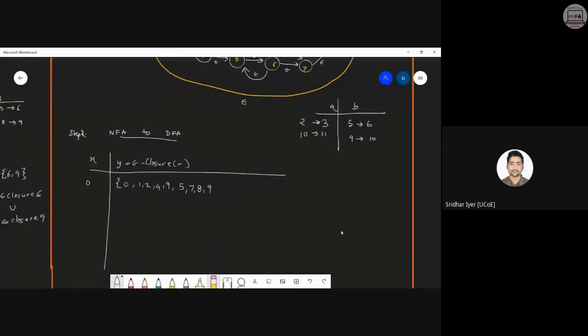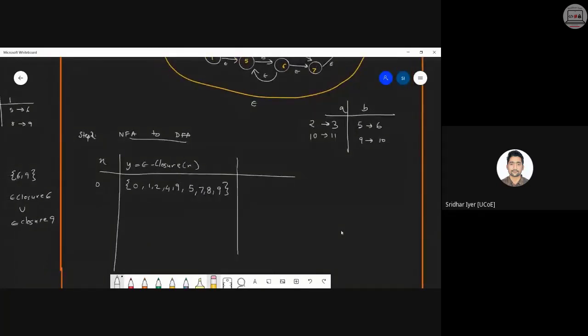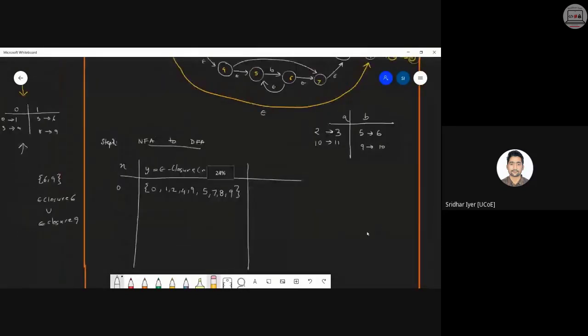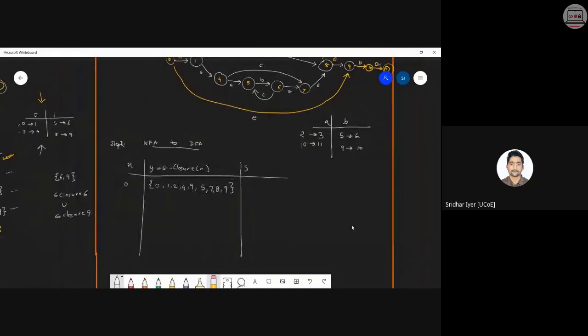That's it. Okay. So this was huge. Lot of values covered in the single state. Next, it is transition of y on input A, and transition of y on input 1. Kindly fill it up. Y on input A. Check first 2 and 3 are present or not. 2 is present. Sorry, 2 and 10. 2 is present, 10 is not present. So it will be 3.